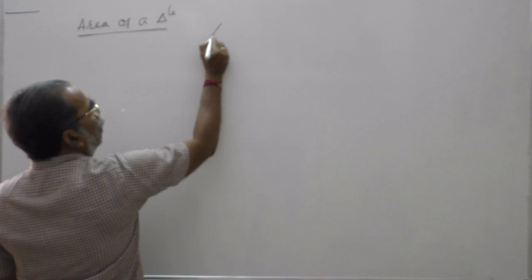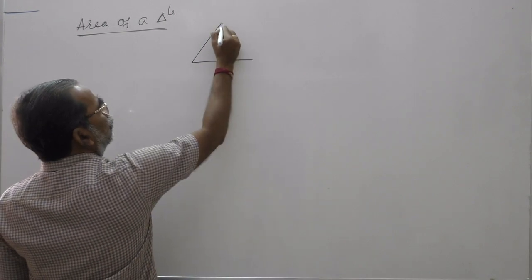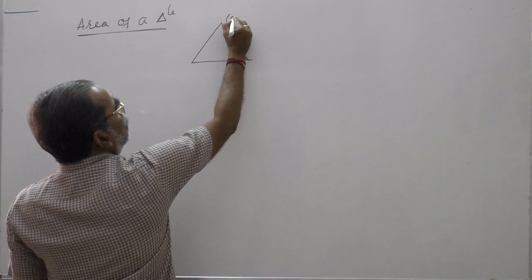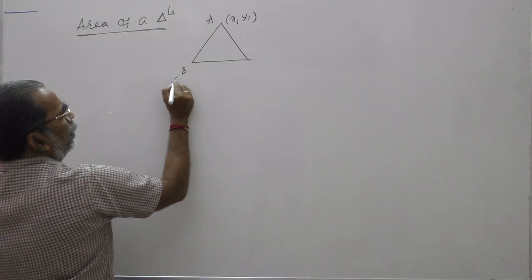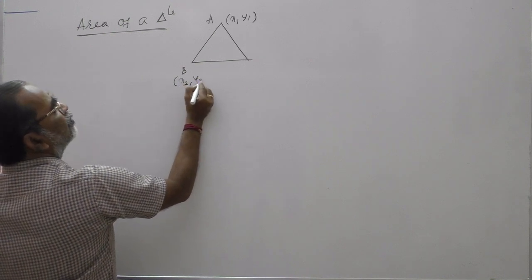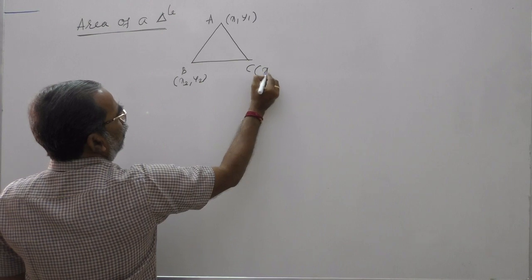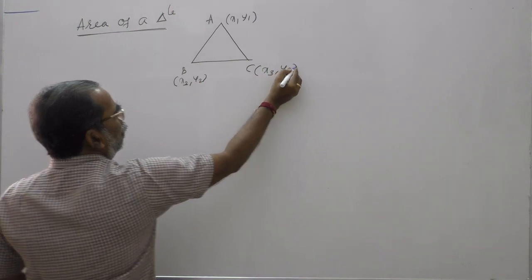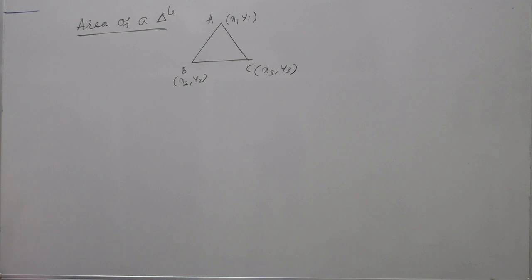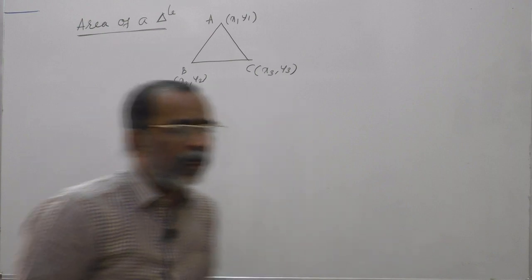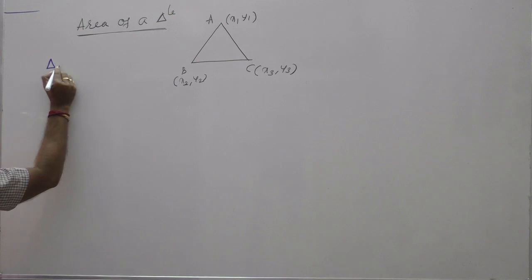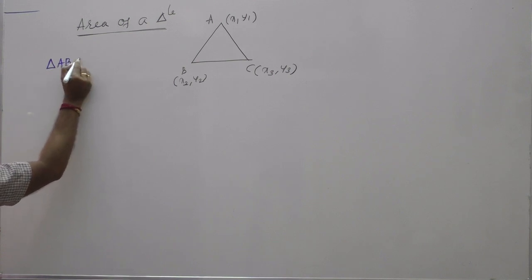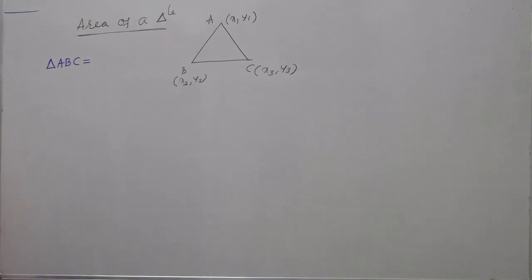If three vertices are given, capital A (x1, y1), capital B (x2, y2) and capital C (x3, y3), then the area of the triangle formed by points ABC is